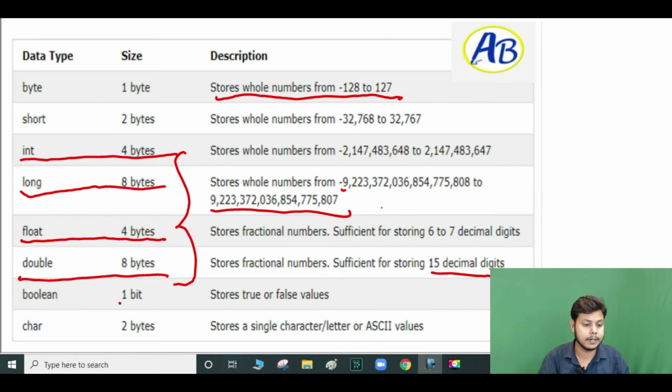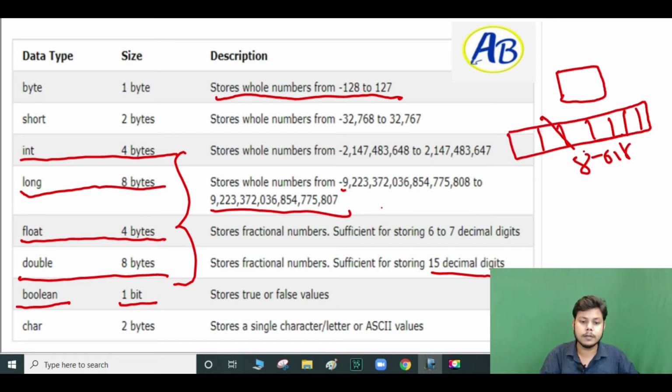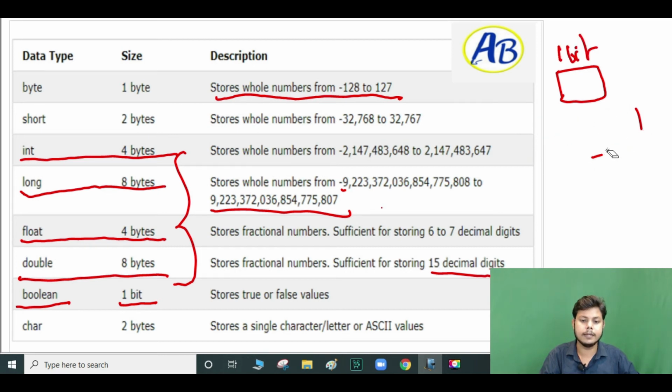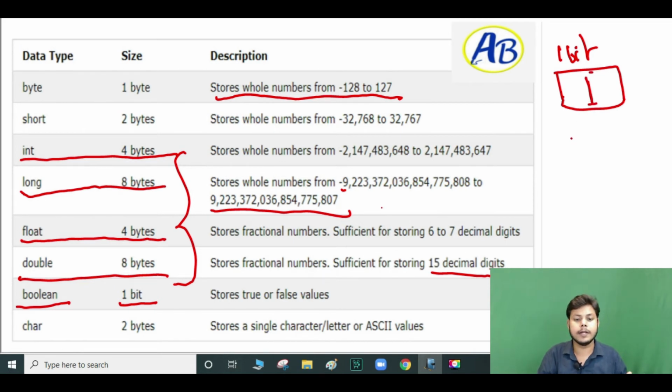So yeah, boolean has only 1 bit. Remember this, to get the difference between these. In boolean we have one box, 1 bit only, instead of the whole 8 bits. What can we store in this? Either 0 or 1. So it might be 0, it might be 1. When it is 1, it will give you true. When it is 0, it will give you false. So this kind of type takes only 1 bit. It will give you only a value, like it is right or not. So for comparison, when we compare somewhere in code, you will use boolean and get to know whether this is right or not.